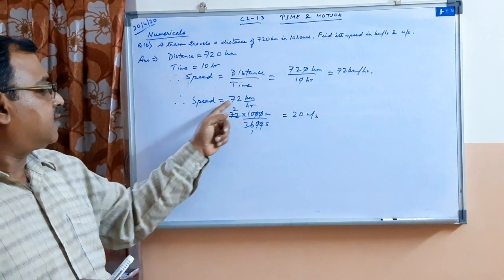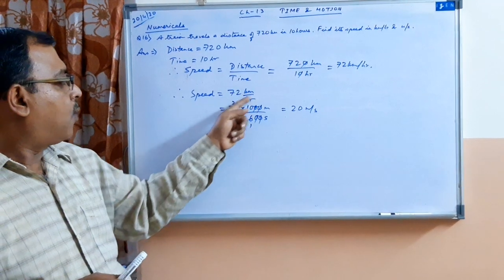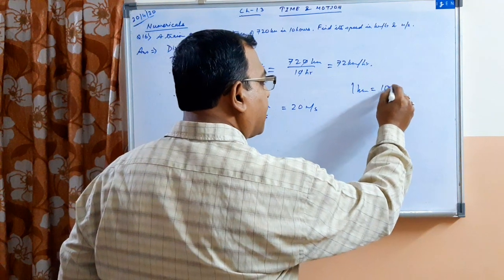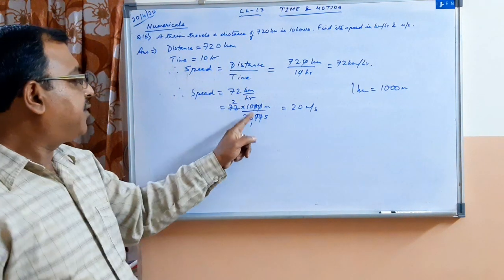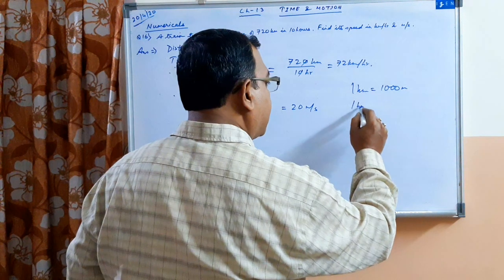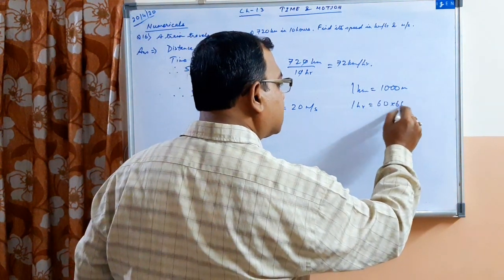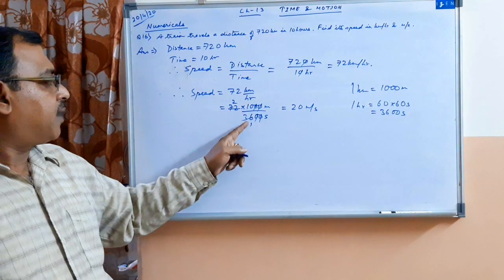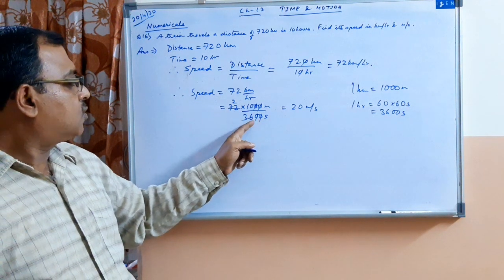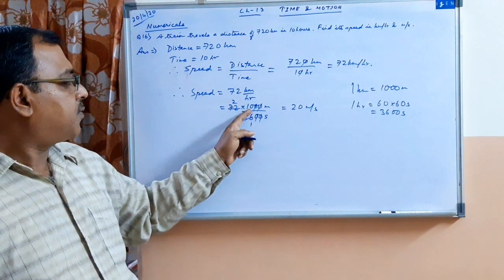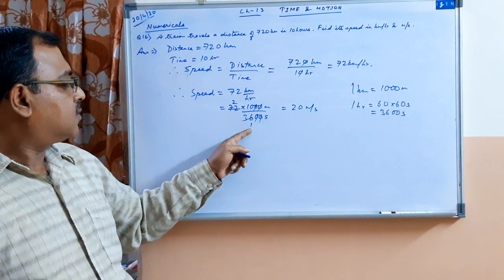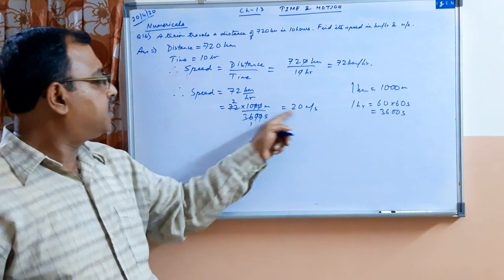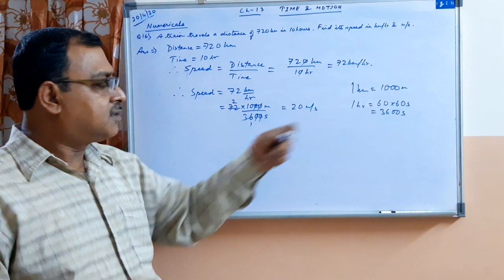See here, speed 72 kilometer per hour, that is 72 into, now 1 kilometer is equal to, you know that, 1 kilometer is equal to 1000 meter. So in place of kilometer I have written 1000 meter, and 1 hour is equal to 60 into 60 seconds, that is equal to 3600 second. So in place of hour I have written 3600 second. Then 2 zeros from 3600 and 2 zeros from 1000 get cancelled. 36 ones are 36, 36 twos are 72. So in this way 36 72 gets cancelled. So 2 into 10, that is equal to 20 meter per second. So this is the conversion.